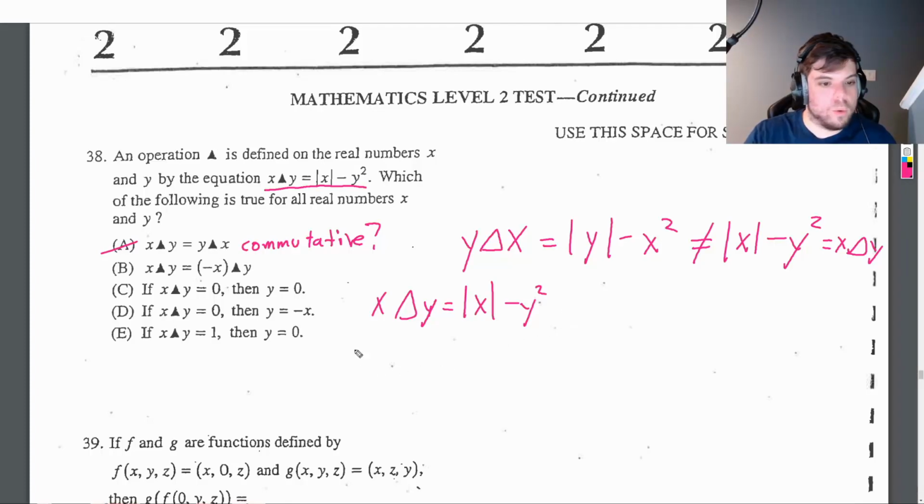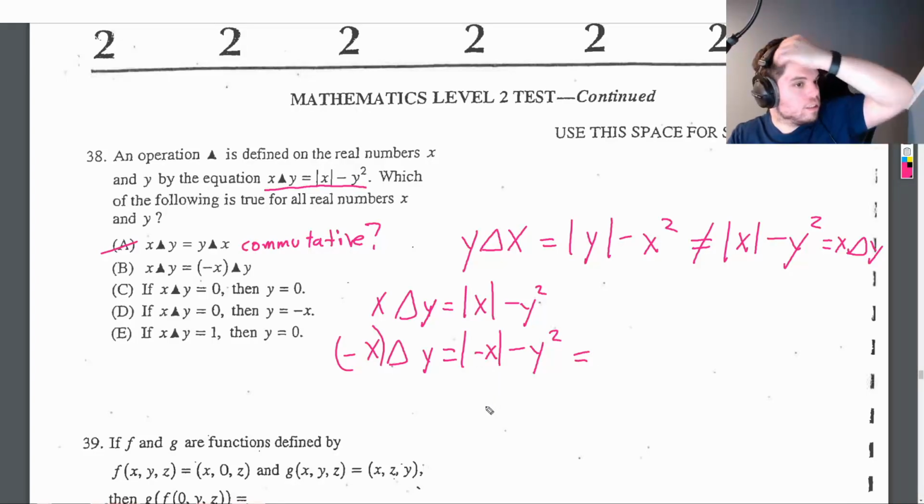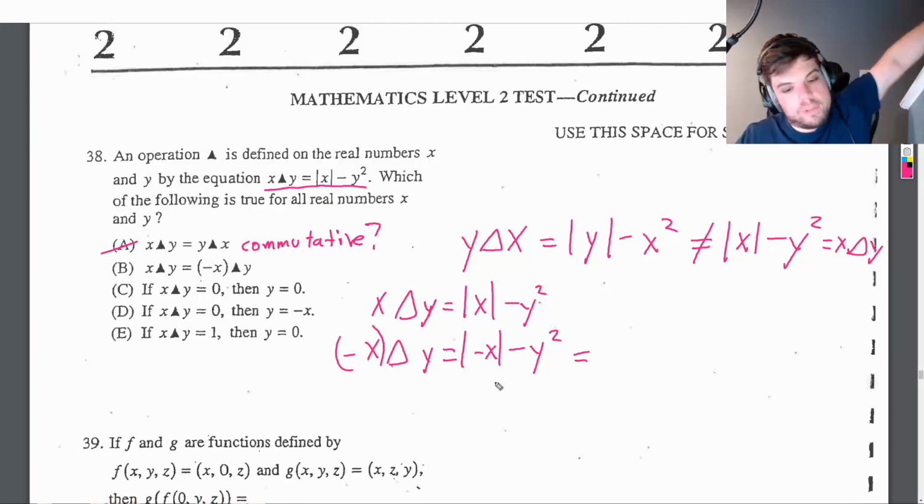Negative x triangle y is the absolute value of negative x minus y squared. Hopefully you're seeing something. The absolute value of negative x,